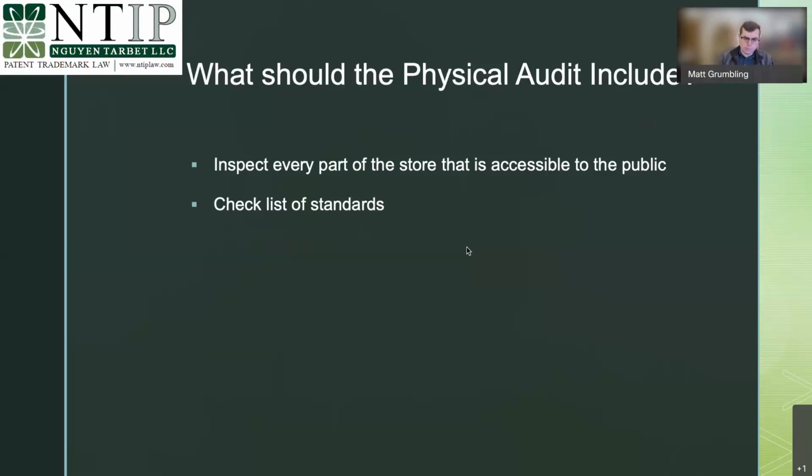They should have specs for every physical part of the store that is important for access. They should generate a report at the end. It should be a fairly detailed report. If it's not several pages, what did they do? The checklist should provide the backbone for the report, and you should be able to look at their checklist and, even if they have no violations to report, they should say, we looked at this, we looked at this, we looked at this, everything's in spec. But the report should note any violations, and then give you the standard that needs to be met.